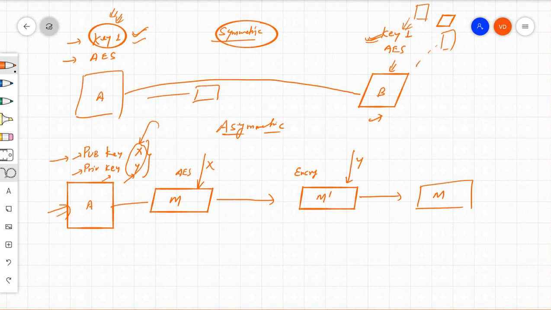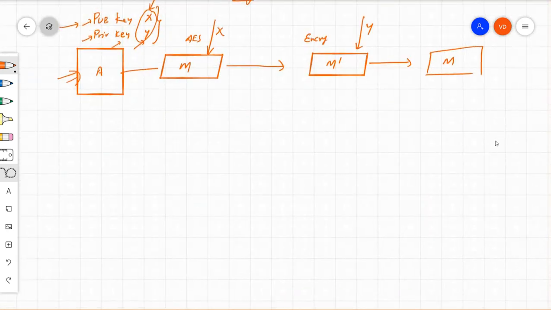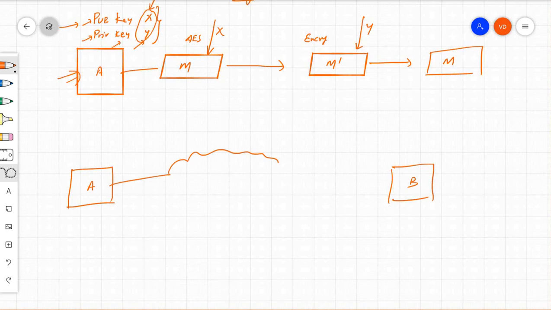So to distribute this secret key, sometimes I use asymmetric keys. And how does it happen? Again, suppose I have this A, I have this B, who want to talk over this internet medium. Guys, this example is going to be very, very important in understanding certificates also. So just pay close attention here, or otherwise just have a look at the recording again and again until you get